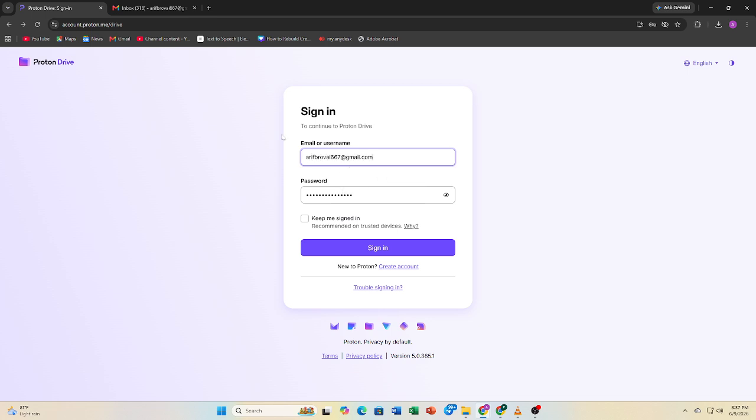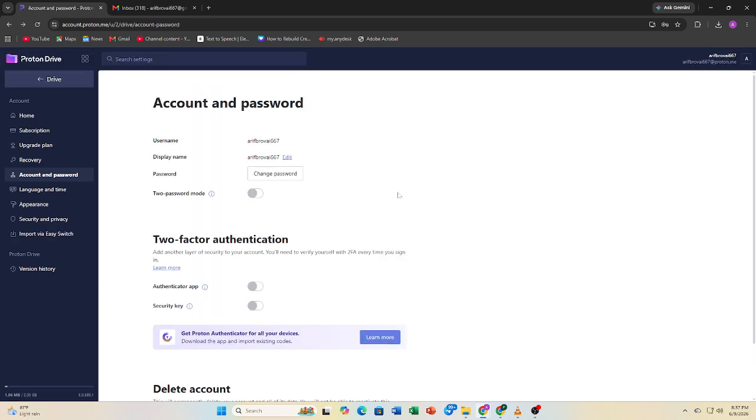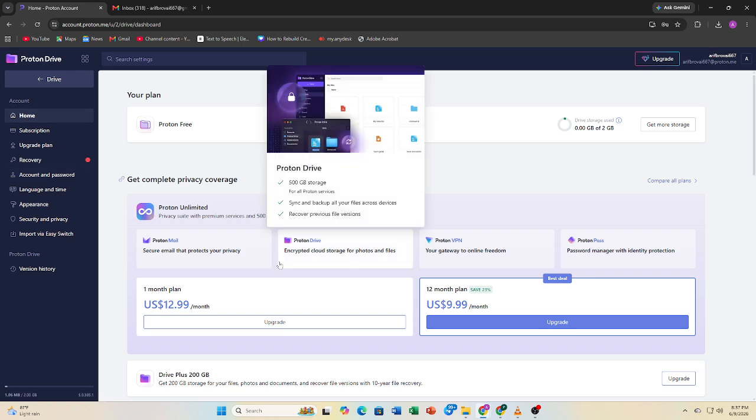Now it's a good idea to enable extra security settings like two-factor authentication to keep your account safe. And that's it. You've successfully created a Proton Drive account. Now you can securely store and access your files